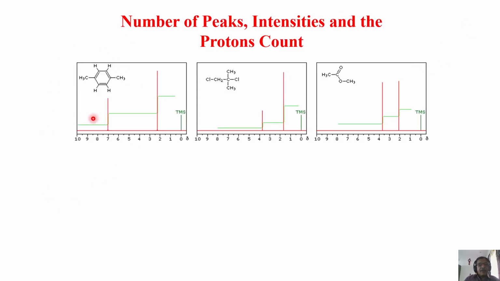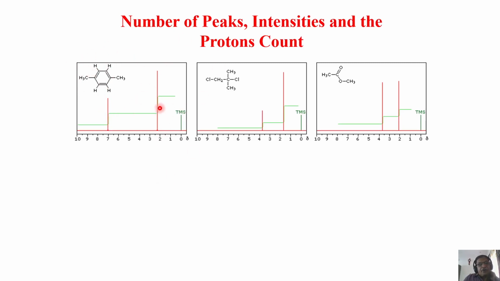Okay. So now look at this one. This is a molecule with a perfect symmetry here. There are 2 CH3s present on either side, a para position, and these are 4. We discussed this type of molecule already earlier. Because of chemical equivalence, this CH3 and this CH3 are the same. It is giving a single peak. These 4 protons, again because of C2V symmetry, are the same. This gives another peak. So there are only 2 peaks here.